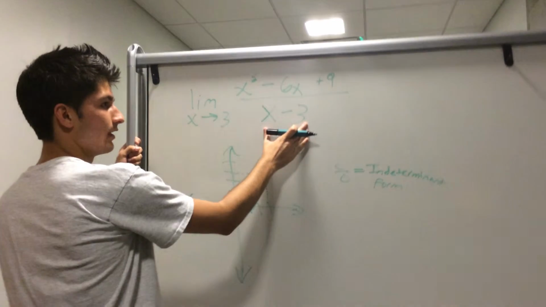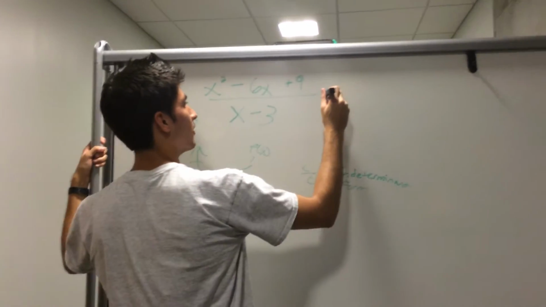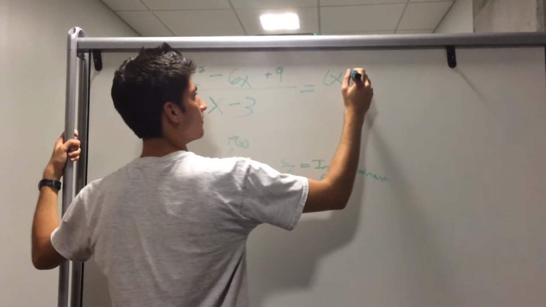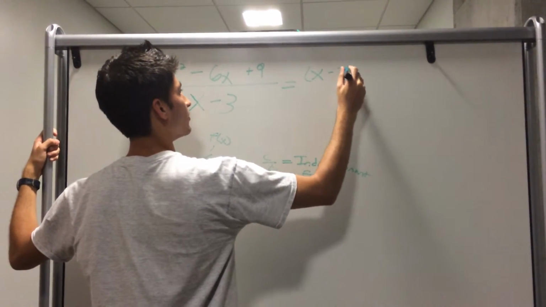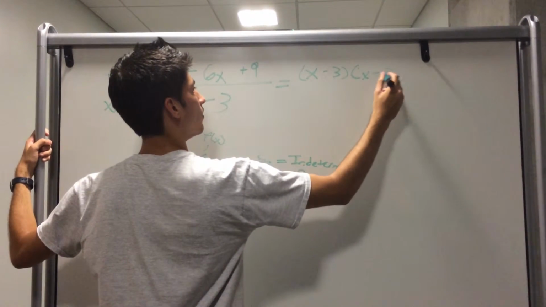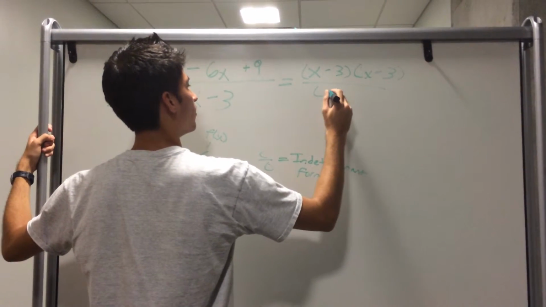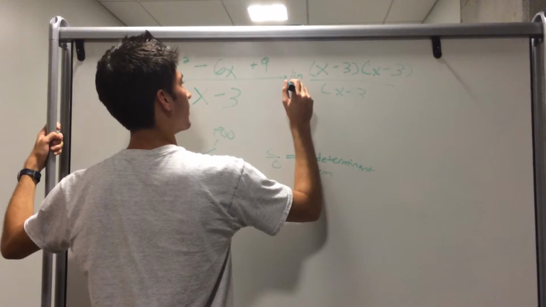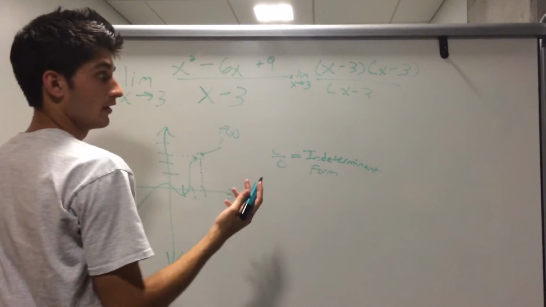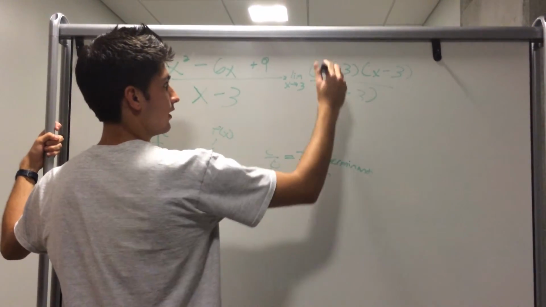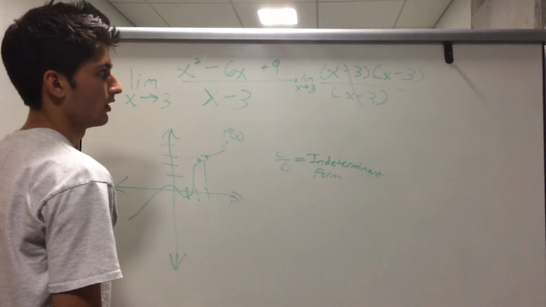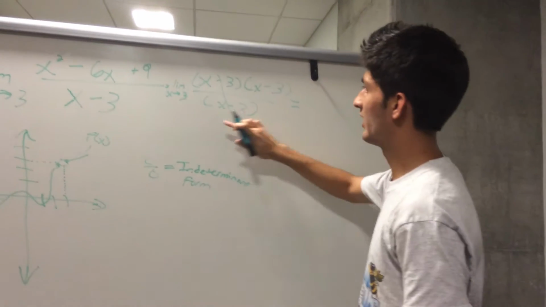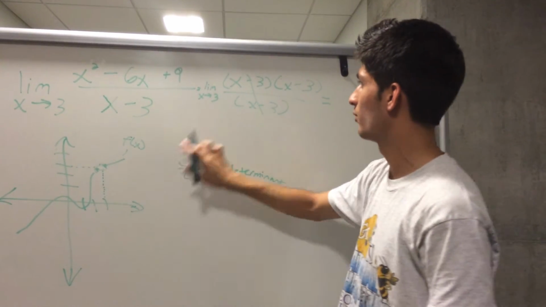So we're going to want to simplify this and basically rewrite it so it's still the same function. So we're going to factor the top, it's x minus 3, x minus 3 all over x minus 3, as x goes to 3. All right, so you're going to want to cancel either these two out or these two, doesn't matter, they're equivalent, and keep on going with your problem. Because now the bottom is gone, and we won't have an indeterminate form